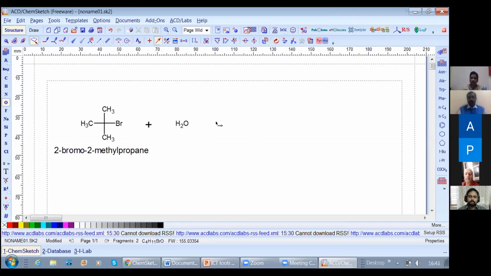So you can just take the arrow and put it. And then the product is 2-methyl propane 2-ol. So for that, I'll again select carbon. I'll just click it so that I'll get the structure. Then OH is attached. So you can select oxygen. If you just click, water comes, but when you show the bond, it automatically becomes OH. So from this carbon, I'll just draw a bond. It will become OH. So it is 2-methyl propane 2-ol.